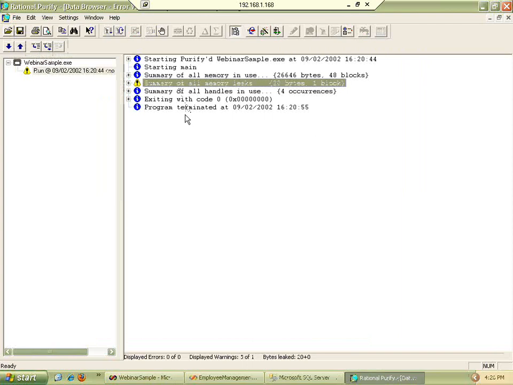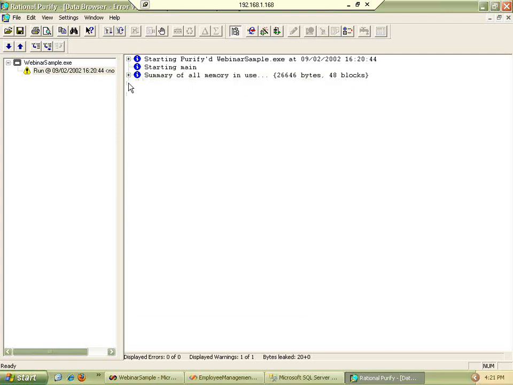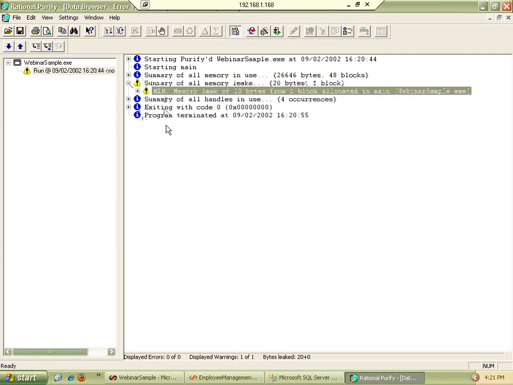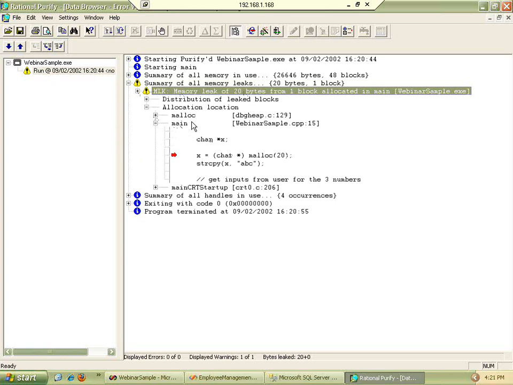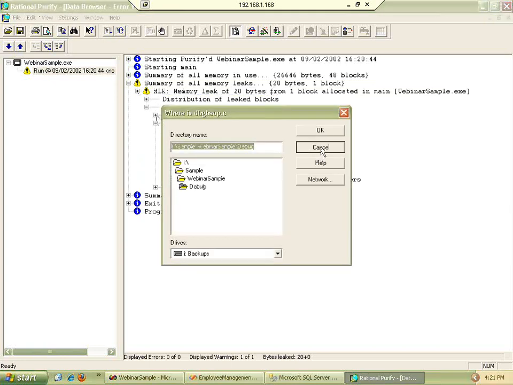If you see this result file, it is showing some error message. If I expand this, it says MLK, memory leak of 20 bytes. If I expand this, now it says this is called from main. Okay, this is actually done from malloc.